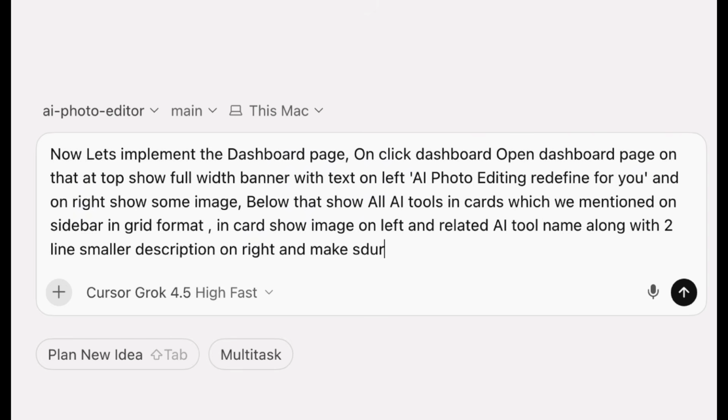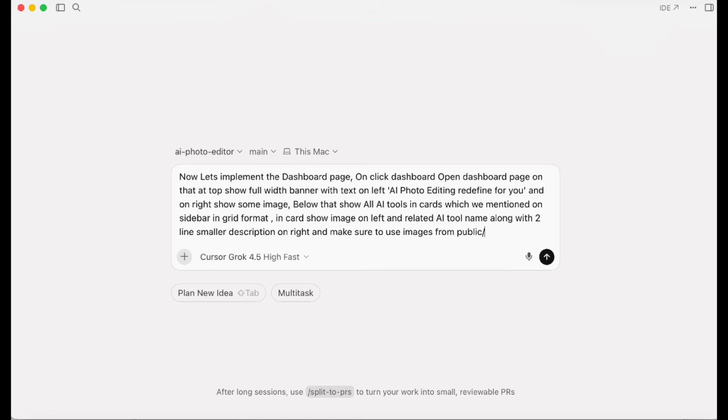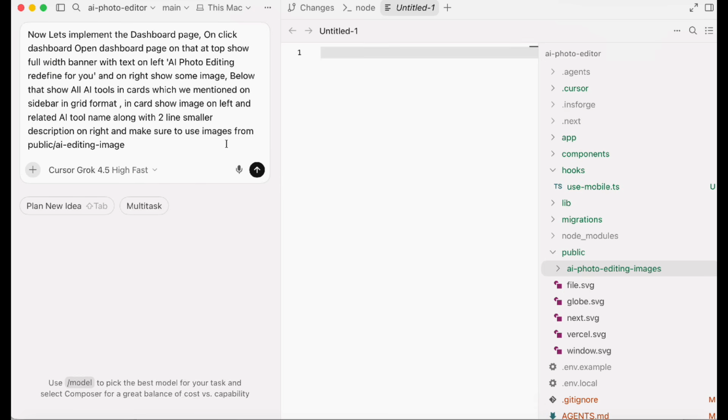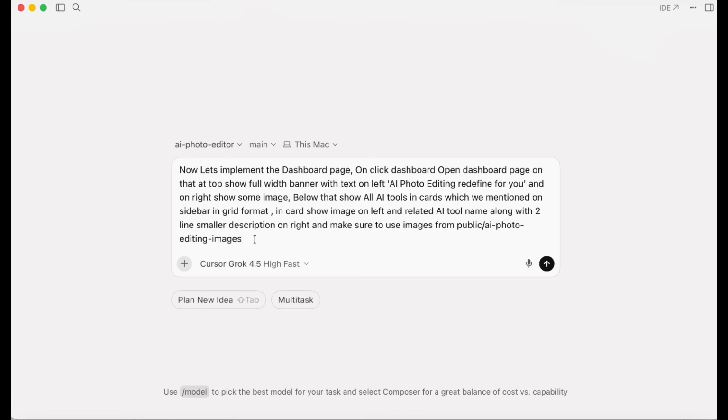and make sure to use images from public slash, and then you need to give the folder name. Let me see what name we gave: AI photo editing images. So that's the name which we gave, right? So here we'll say AI photo editing images. This particular folder name you need to use. You can change the folder name, but make sure that the folder name is added to this prompt, and access all required images from this folder,